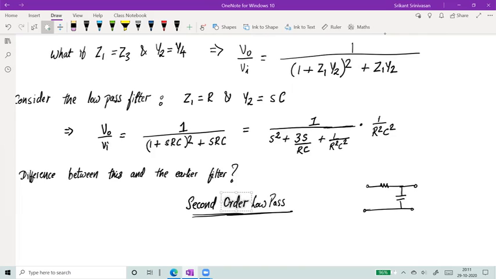So normally what will happen is, if you have one element like a capacitor, which is an energy storage element, then it'll contribute to one order. If I have two such elements, that means now I have another resistor and then another capacitor, then this resistor will not contribute, but the capacitor will create another differential equation, right? So I'm left with C dv by dt. If this is the v1 and this is v2, and say this is vi, then I'm left with C dV2 by dt. This is the current flowing through this capacitor.